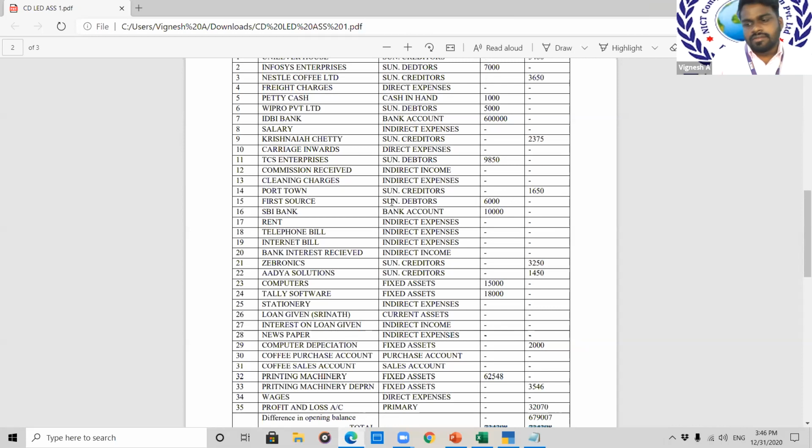This I will upload in the Google Drive. The link for that is in the description of your group. In the WhatsApp group description, I have put all the links: the drive link, the assignment upload link, everything. I'll be sharing this assignment. You will prepare the screenshot and the Word file, and submit them in that link where you need to submit your assignments.